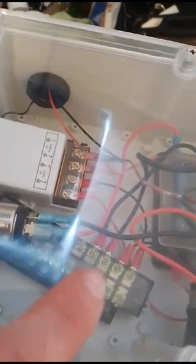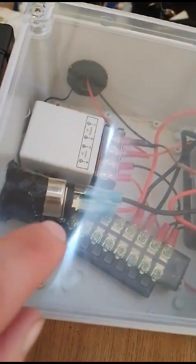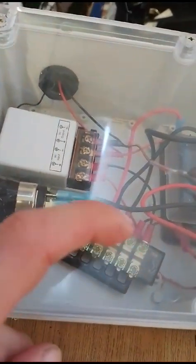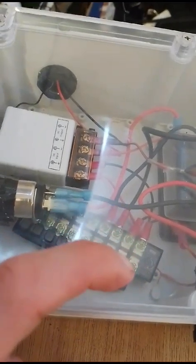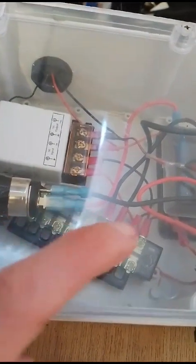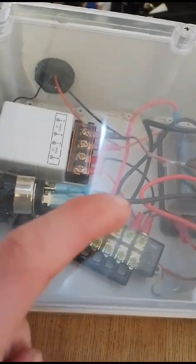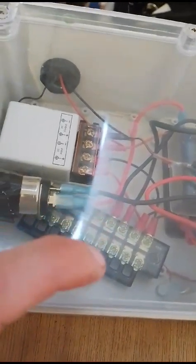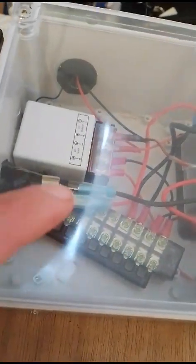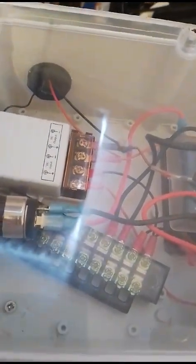The negatives are using the fork connectors and the fork connector arch bridge, which I call it. I don't know what the proper term is, but the main negative comes into the connector blocks. This is the negatives. So the main negative comes in, it bridges over to the second and goes out, bridges over to the third, goes out, bridges over to the fourth and goes out, and the whole bar is negative because of the bridge. I found